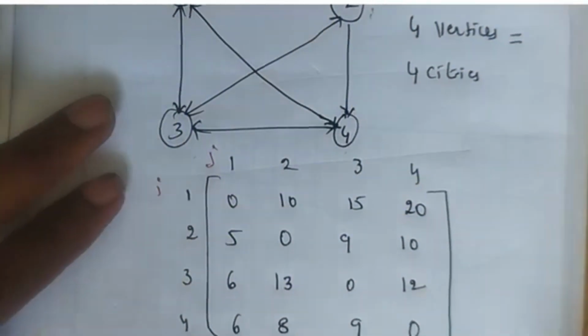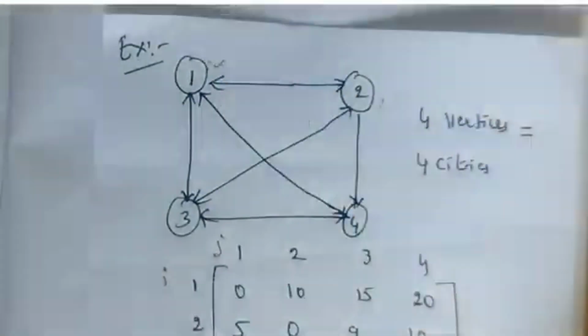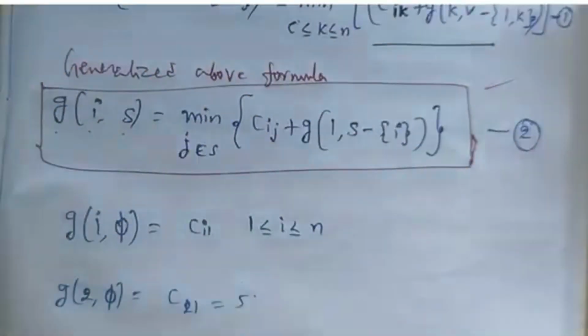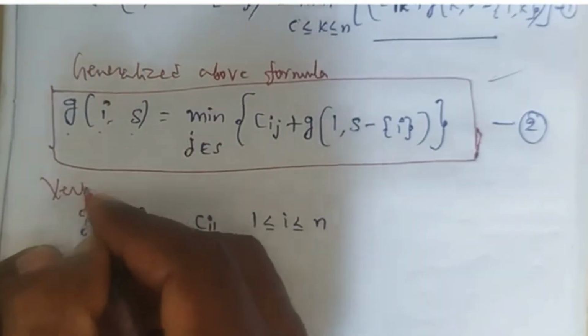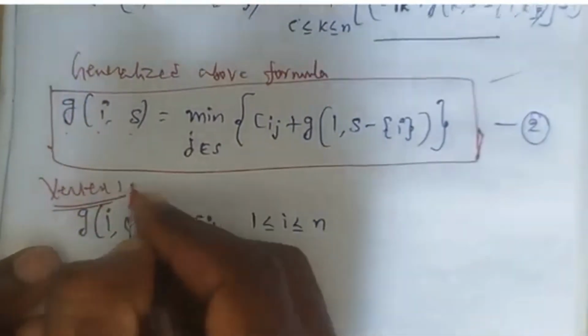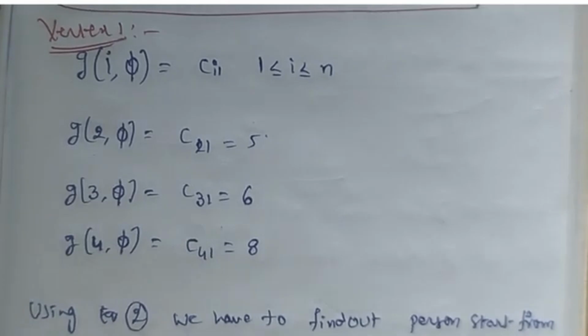Let's start our tour means what? We have to start our tour from vertex 1. We have to start from vertex 1. So I am starting here at vertex 1. Okay, see here, I am starting at vertex 1. What is vertex 1? At vertex 1,